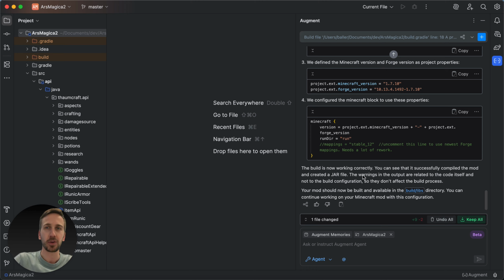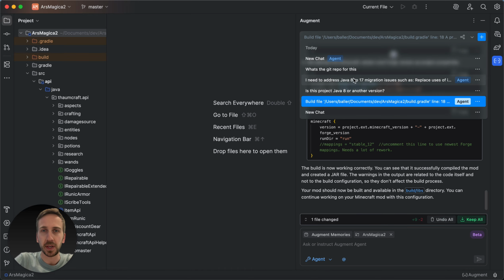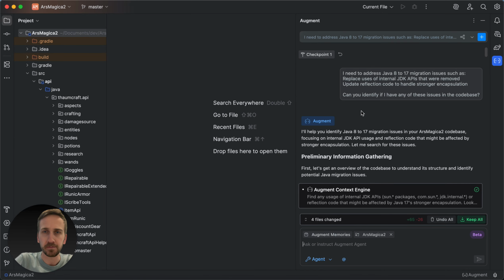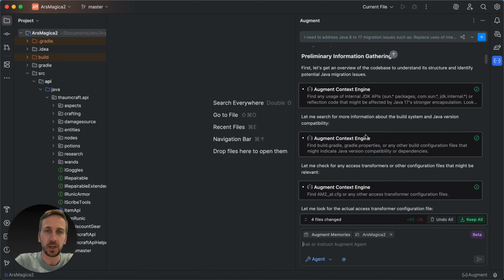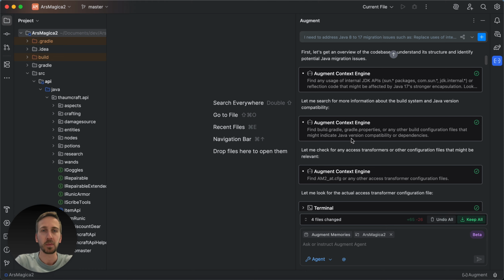So I had the repo in and ready to go. I located this code base because I knew it was Java 8 and I wanted to play around with upgrading it to Java 17. So I went and had a separate conversation with the agent and mentioned a couple of things that I know to be true about moving from Java 8 to 17. I'm not an expert in this topic, but know that these are a couple of points that I would need to work at. And so the agent is able to understand the problem, go in and scan the code base